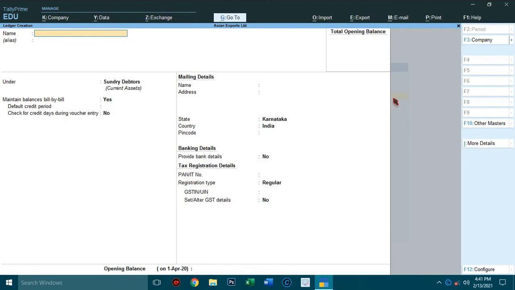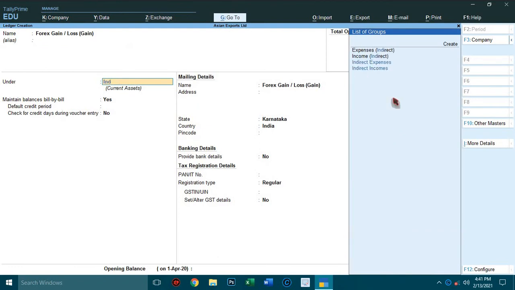So now create forex gain or loss. This ledger, because we have to adjust the amount of unadjusted forex gain or loss. So because of that you have to create this ledger. Forex gain or loss within bracket gain. Friends, in forex business, sometimes you will get gain, sometimes you will get loss. So that's why you have to create both ledgers. One is an expenses ledger and another one is an income ledger. So forex gain or loss within bracket gain, this is an income ledger.